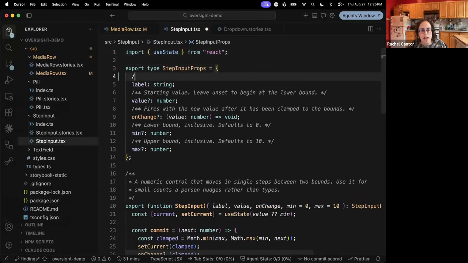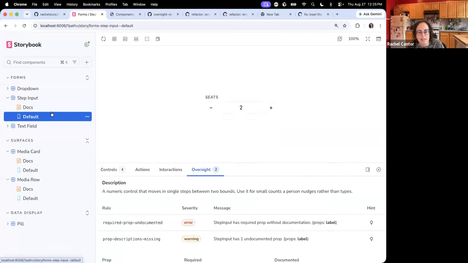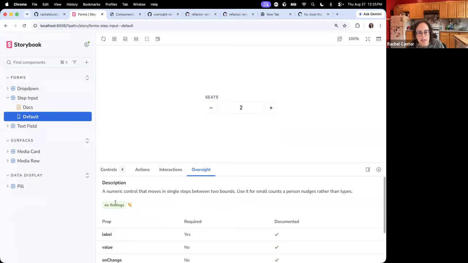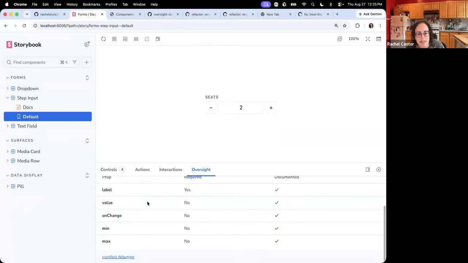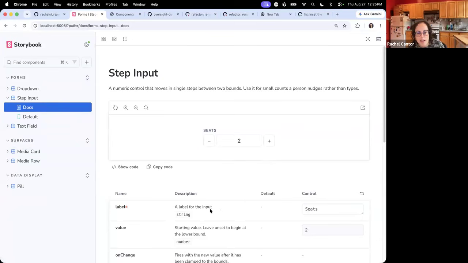So we are going to add, let's see, a label for the input. Really creative. So I'm going to save that. And then here, let's look at the default view and refresh. And we get the nice little clapping hands because we fixed it. And you'll see in the docs, you now have this helpful little thing. I probably could have come up with a better